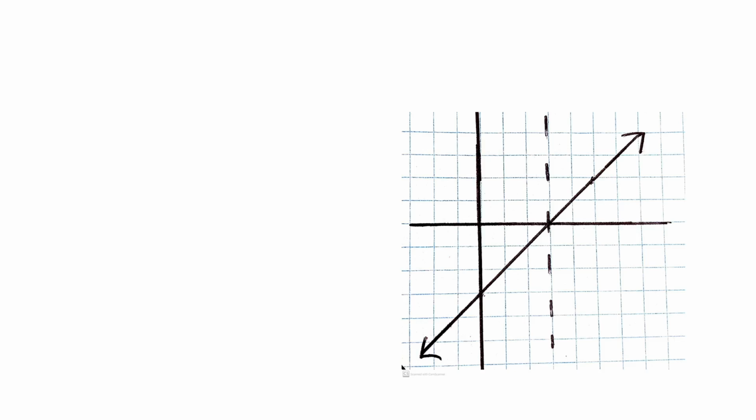Now the first step of our process is to draw a vertical asymptote at the x-intercept. So we do that. The dotted line is the vertical asymptote. Now we're going to go to each point on this line that has a y value of 1 or -1. Then we're going to